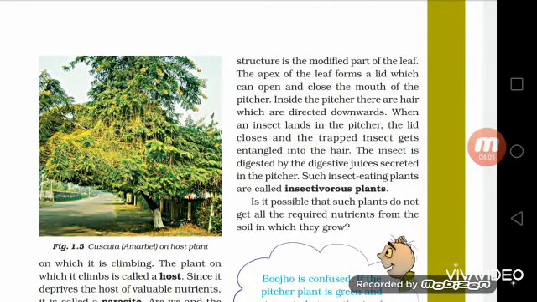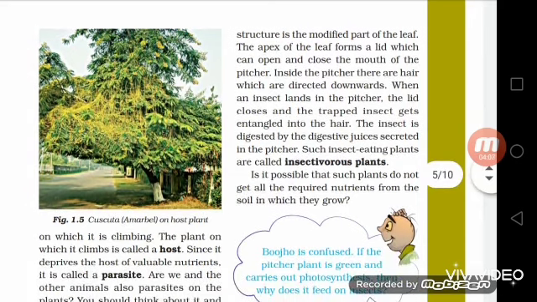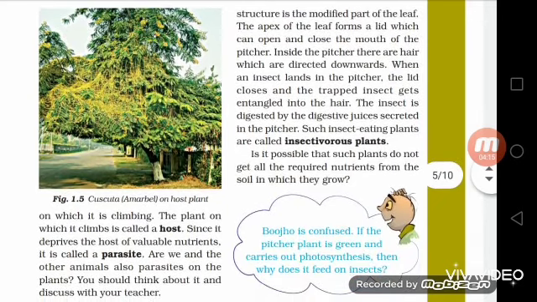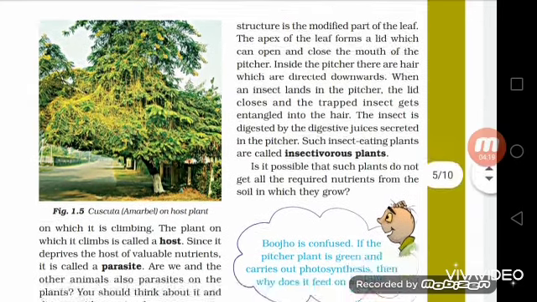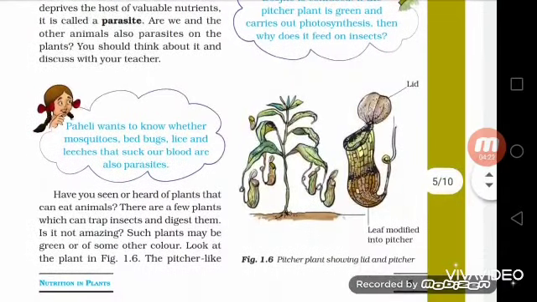When an insect lands in the picker, the lid closes and the trapped insect gets entangled in the hair. The insect is digested by the digestive juices secreted in the picker. Such insect-eating plants are called insectivorous plants. As in the figure, you can see that when the picker lid is open, the insect